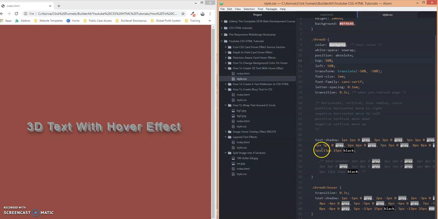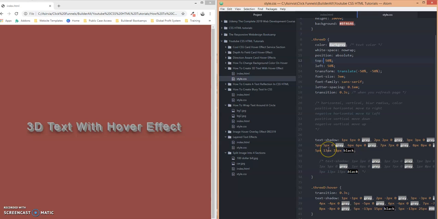It's going to move it down 5 pixels from the last shadow that was built, to the right, and then 13 pixels down. So this is 5 pixels to the right